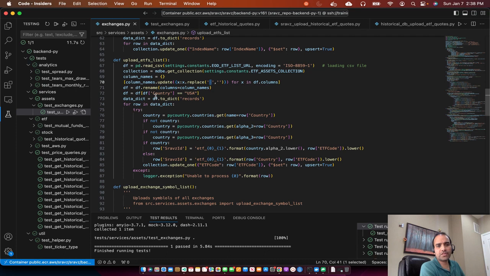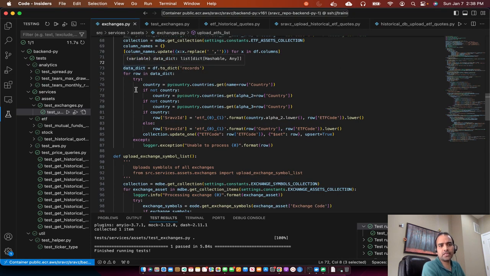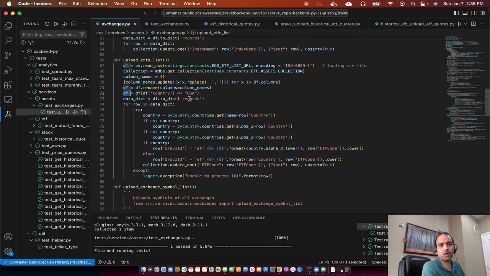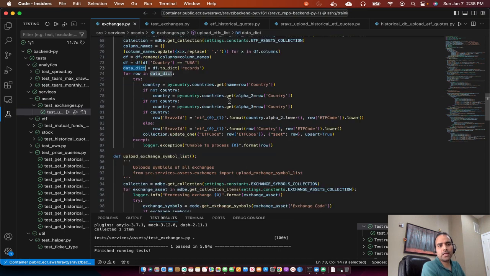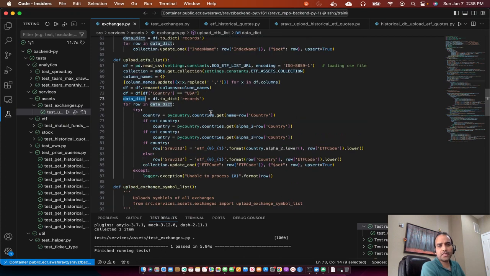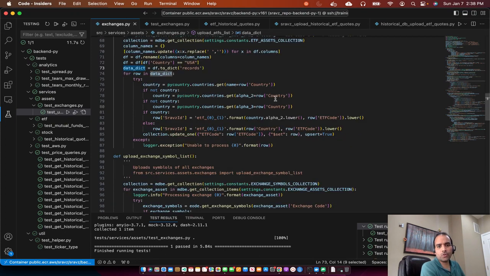Then we filter the data frame to country equal to USA, because we are interested only in the ETF tickers for the USA. Once we get the US tickers, we convert that data frame into a dictionary of records, data dict, and then we loop through the dictionary and convert the country code